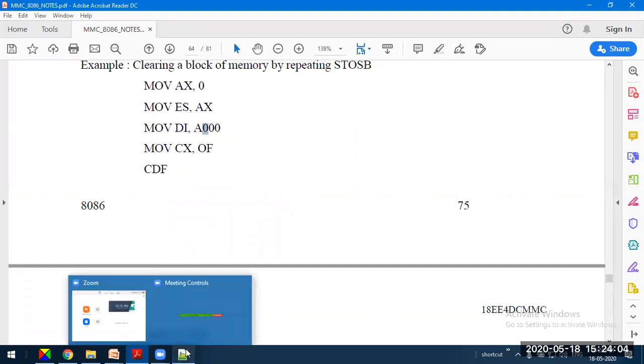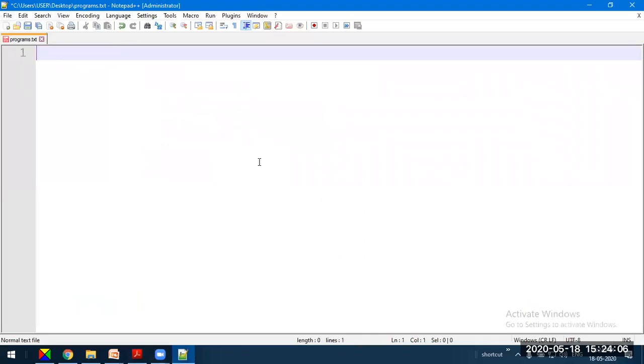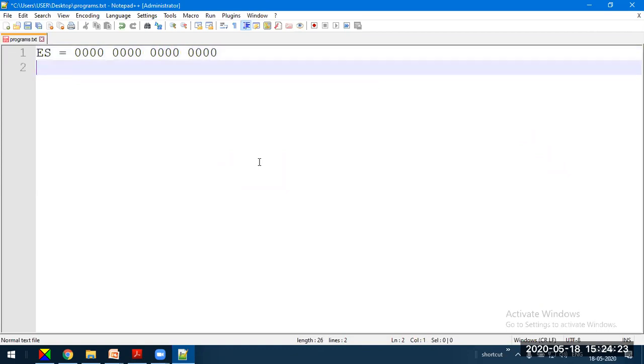The size of ES is 16 bit, that is 2 bytes, correct? Then we give the data destination index register.